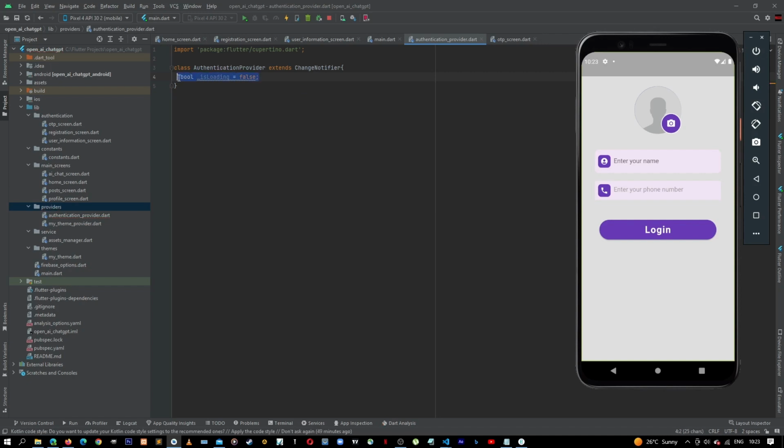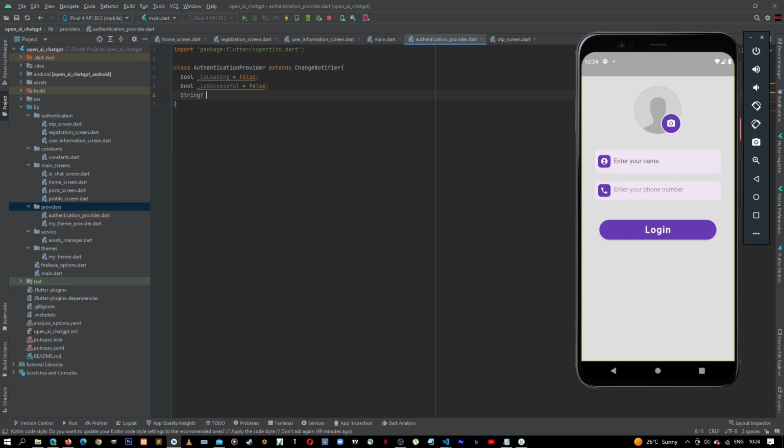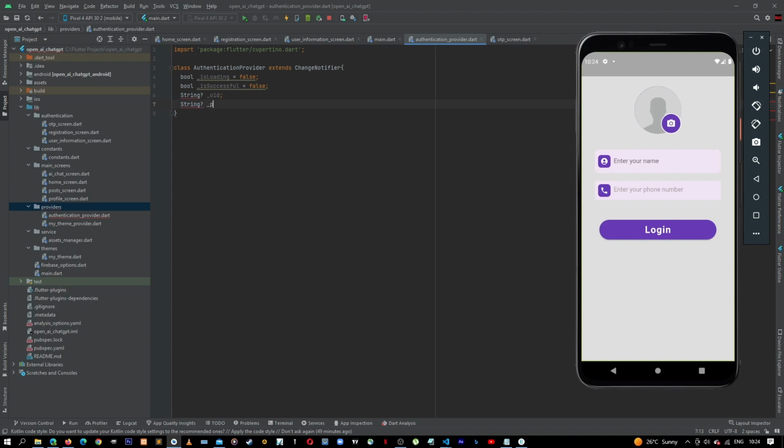We can copy this and let's make another boolean of isSuccessful, and then let's have a nullable string of our UID. Let's get another string of our phone number,